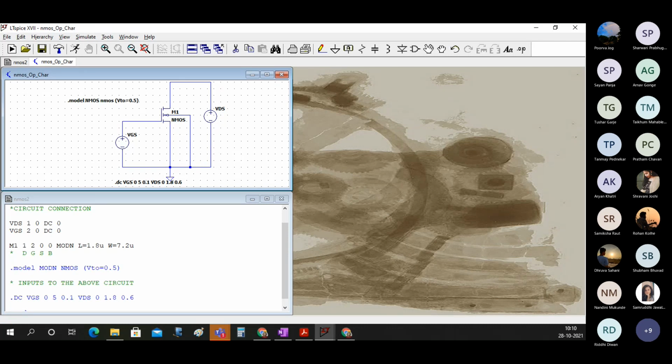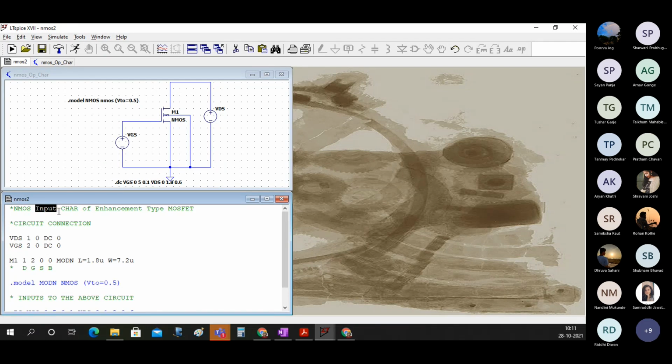So okay, I can see now many are getting the correct results. Now here what we are doing is we can change here NMOS output of enhancement type MOSFET. So circuit is the same.